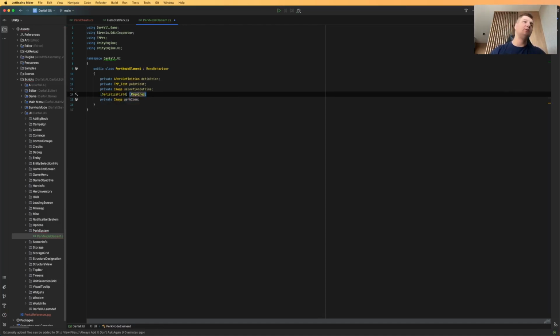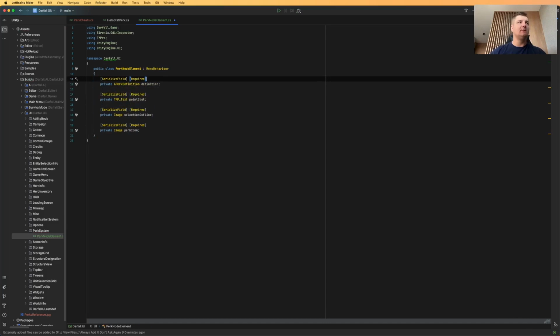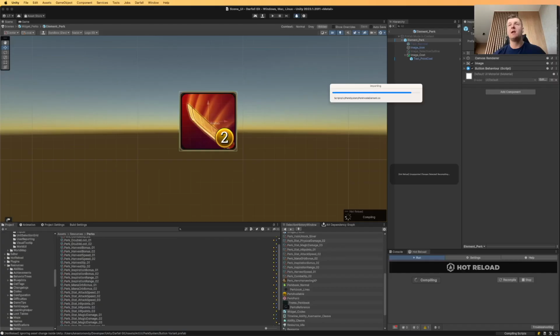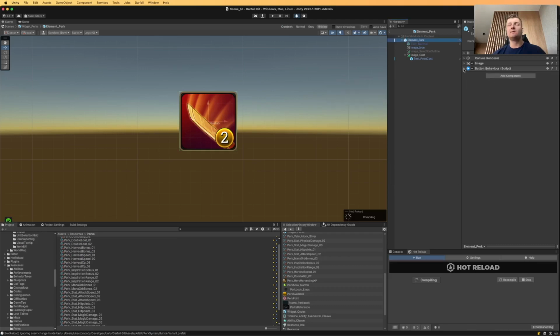So we basically put this required attribute. I will show you in the UI. This is so it is clearly defined in the inspector that this reference needs to be filled out. Otherwise, the game will crash at the startup, right? So this is not an optional field, it's required. And basically it looks, okay,